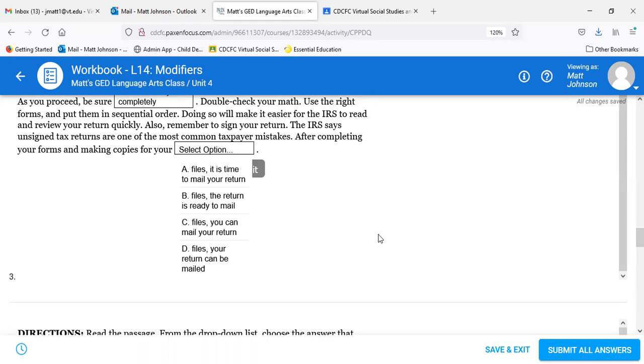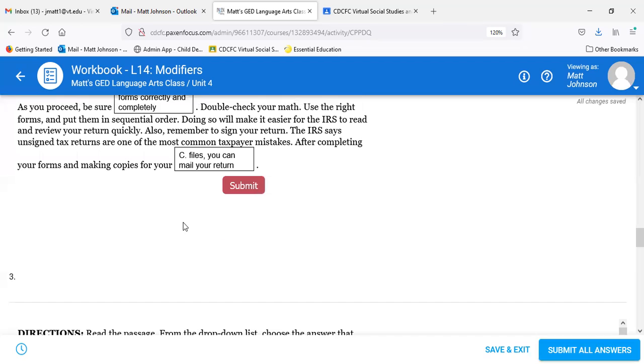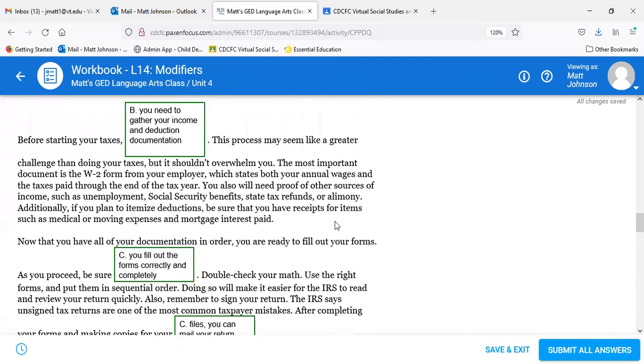C. Yes, C. So after completing your forms and making copies of your files, you can mail your return, right? So that is the subject there. After completing your forms, we have another prepositional phrase, right? After, just like before, after completing your forms and making copies of your files, you can mail your return. So that's the subject there, you. All right,